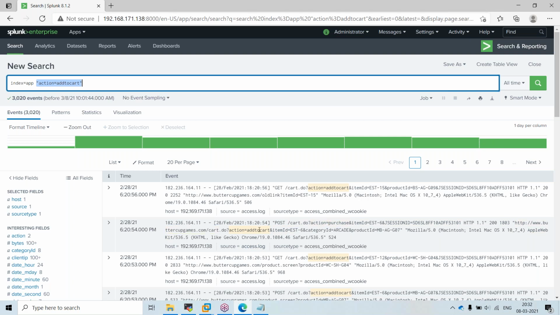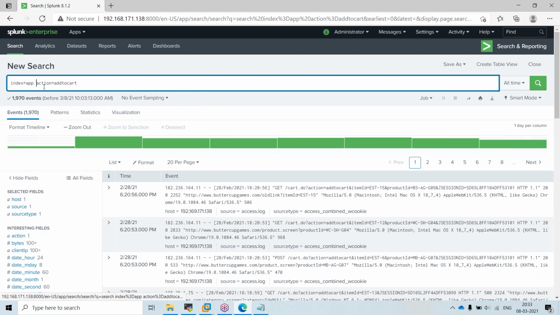My scope is not here. Even though the log is the same, if you give anything in quotes, it will match the exact pattern. It won't do any manipulation, it will just match the exact pattern. But if I remove these quotes, then it will become like a key value pair. So I am searching, this is my key or this is my value, field value.